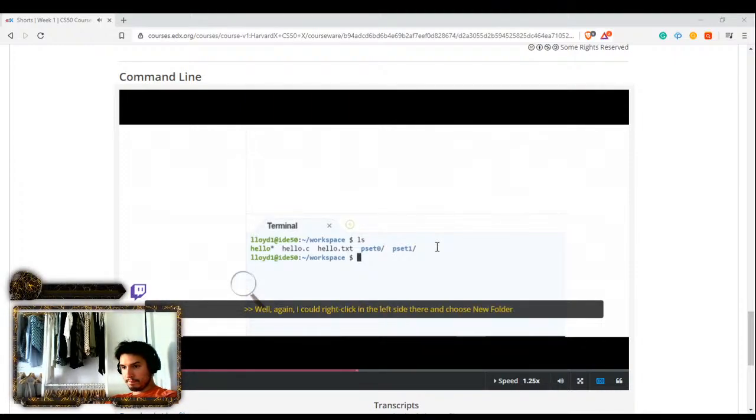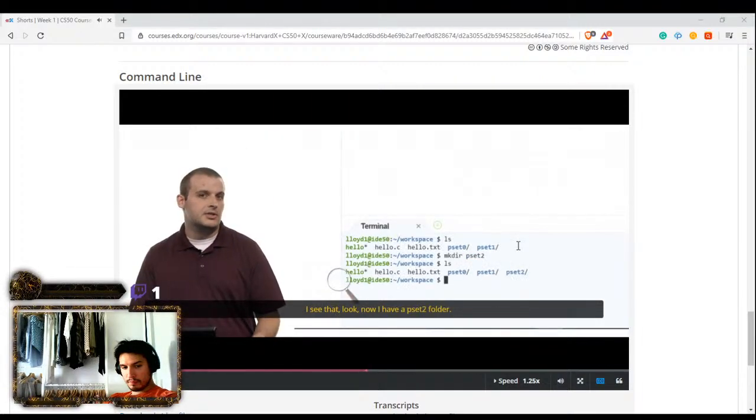Well, again, I could right-click on the left side there and choose new folder and create a pset2 directory. That would work too. But I can also do it at the command line pretty quickly by typing mkdir space, pset2. If I hit enter, and then I list the contents of my directory again, I see that, look, now I have a pset2 folder, and I can navigate into that using cd